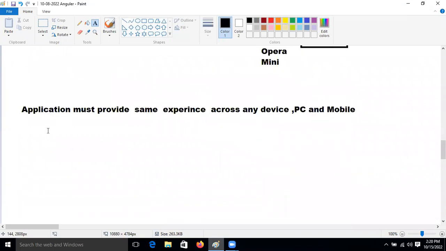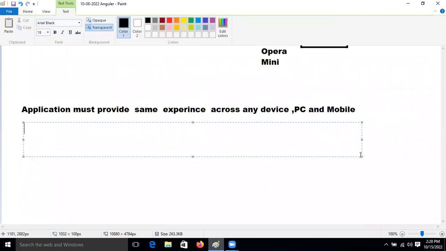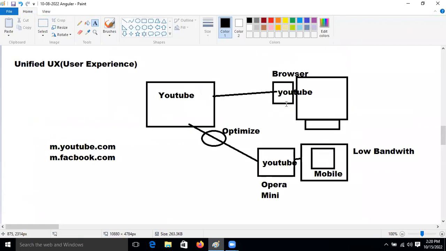Application should not be optimized, right? Meaning mobile users must get access to everything.